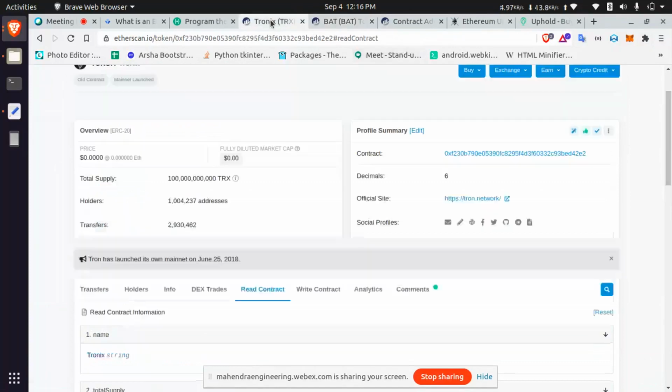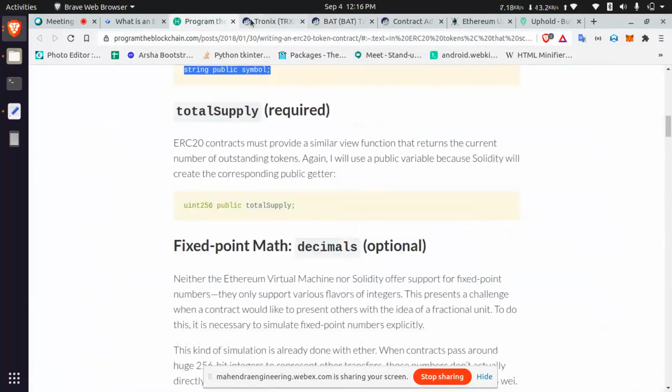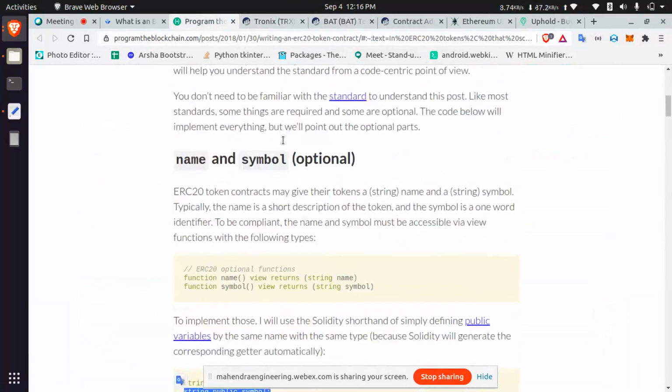Every ERC20 has these specifications. This is the standard for every ERC20. Is there any doubt regarding decimals, total supply, name and symbol? Anyone have a doubt? My voice is clear.